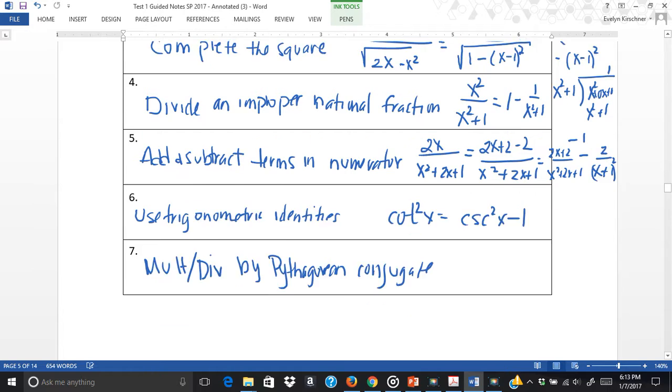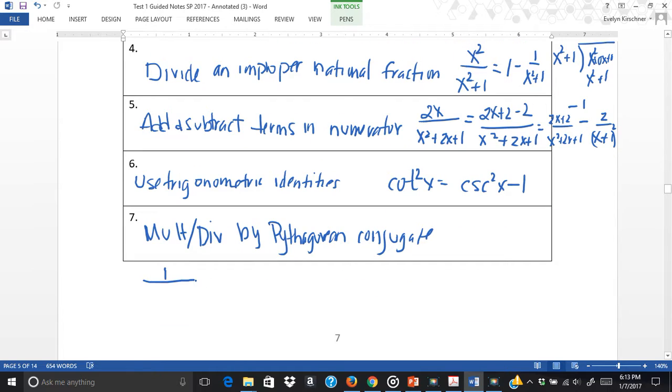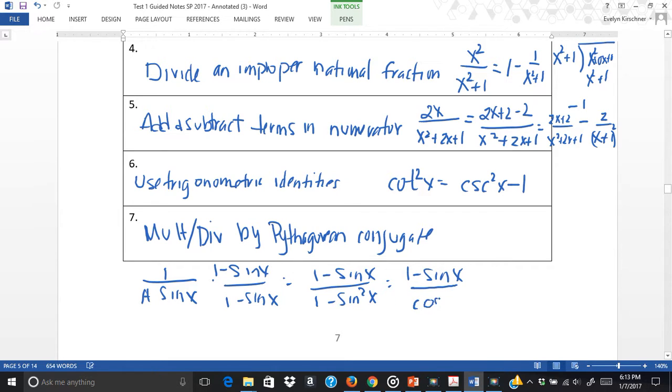So an example would be if I had 1 over (1 plus sine x), if I multiply this by (1 minus sine x) over (1 minus sine x), I get (1 minus sine x) over (1 minus sine squared x), which is (1 minus sine x) over cosine squared x. And I can rewrite this as 1 over cosine squared x, which is secant squared x, minus sine x over cosine squared x. We know how to integrate this, and this we can use